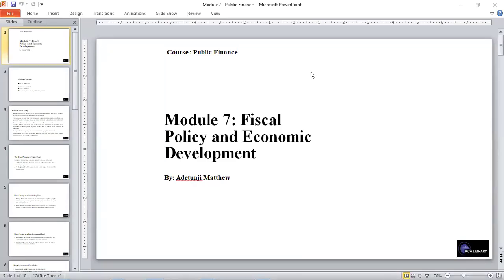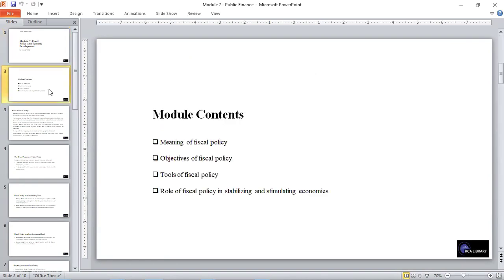Hello, welcome back to public finance class, and we'll be talking about fiscal policy and economic development in the seventh module, fiscal policy and economic development. And we will look briefly into the meaning of fiscal policy, the objective of fiscal policy. We also look into the tools of fiscal policy and the role of fiscal policy in stabilizing and stimulating the